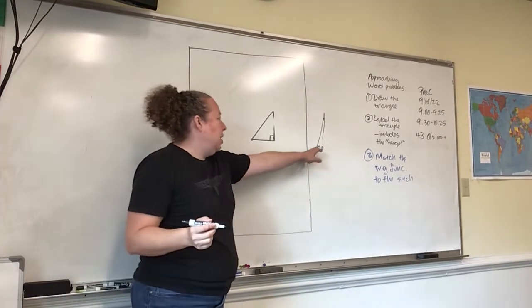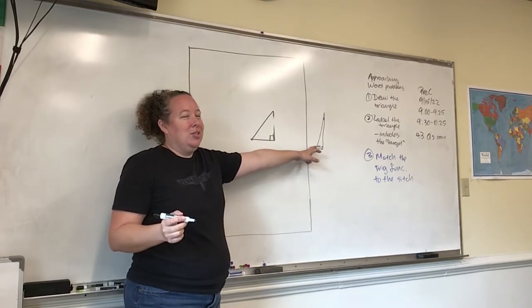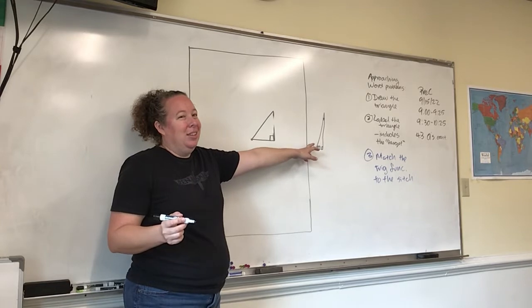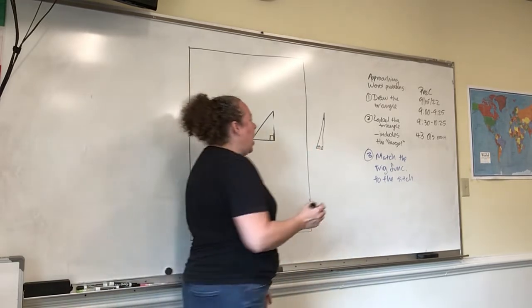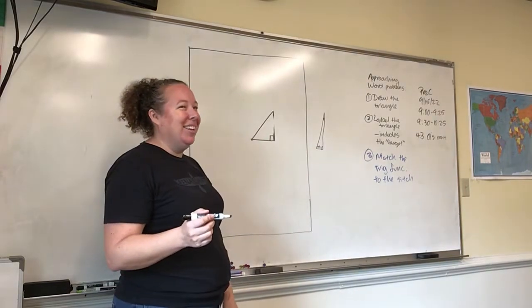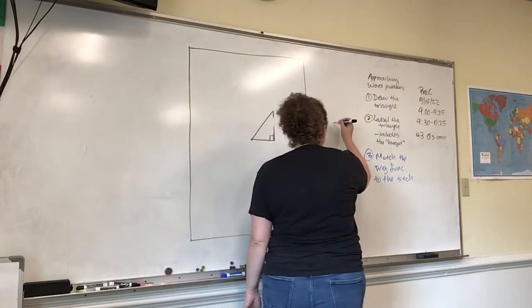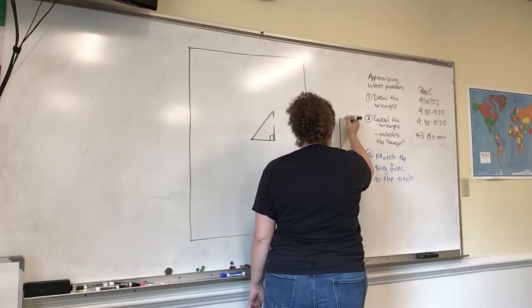In fact, is 89 degrees even actually the biggest? No. Because what else could we have? 90. Well, if we have 90... 89.9, we could have 89.9, 9, 9, 9, 9, 9. Keep going forever. But all of a sudden, if this is 90 degrees, then we either have something that